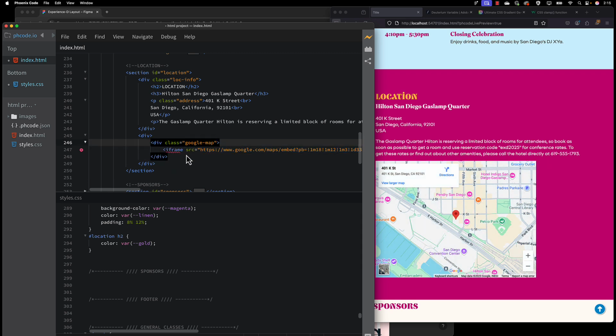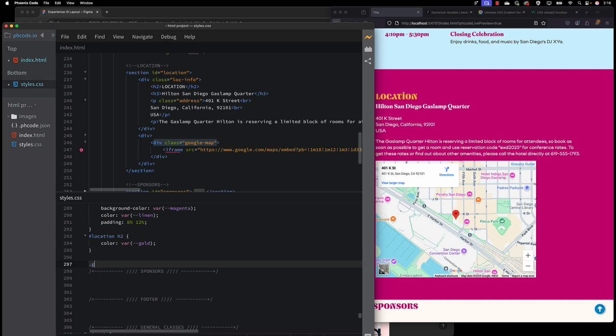And what this div does is that it creates a little box that will allow us to do some manipulation to the iframe. One of the things that's true about the iframes that Google Maps will put their maps in is that they can be very hard to manipulate. And so this is kind of a trick to do it without JavaScript that works fairly well. And so we're going to create, first of all, a class for this div in CSS. So we're going to create it